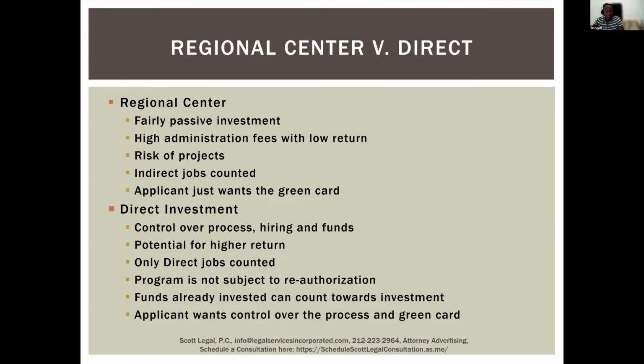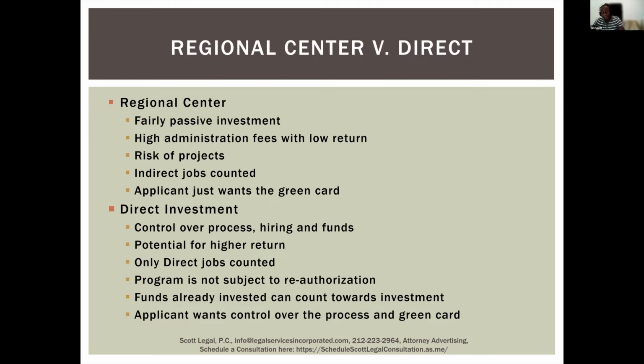and the ability to control their own destiny. In contrast, the regional center program would be something like, for example, a particular enterprise like a hotel being built, and that hotel wants to raise money. They would set up a structure where they would take on a number of different limited partners who don't really have any say or ability to control the particular outcome. They would take the investment amount, let's say in this case $800,000, from each person, and they would be passive investors. They would get a very, very small return, usually a fraction of a percent.